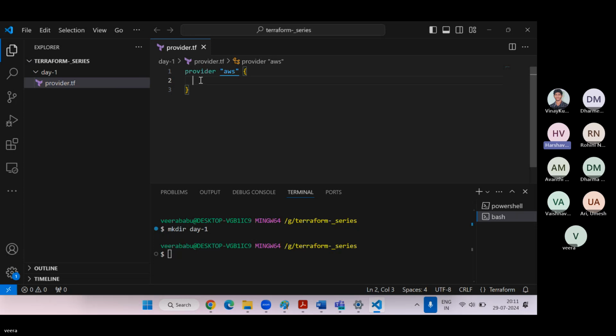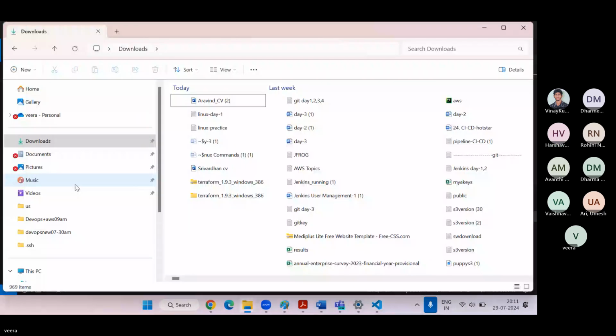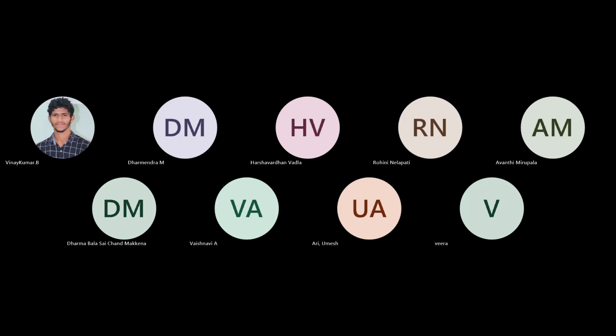It got stuck. You're not able to see main.tf, which I have written already. Now it is in the downloads folder. I think my Wi-Fi issue is there, so I have connected to my mobile net. Let me share again. Are you able to see the blank screen?